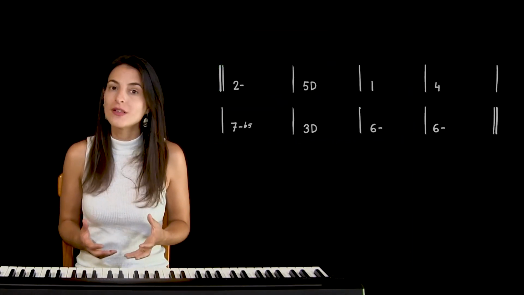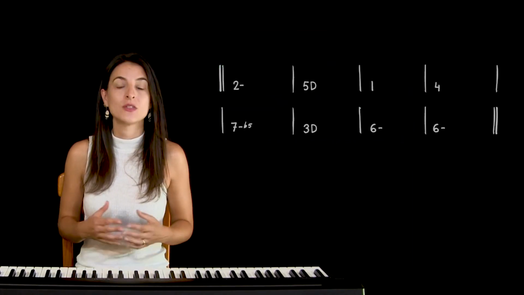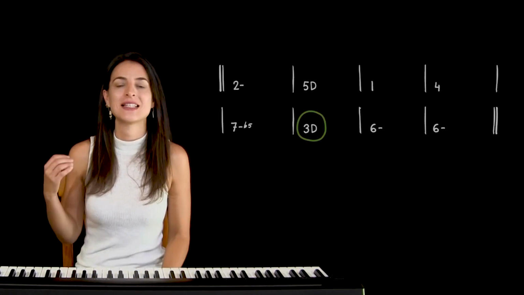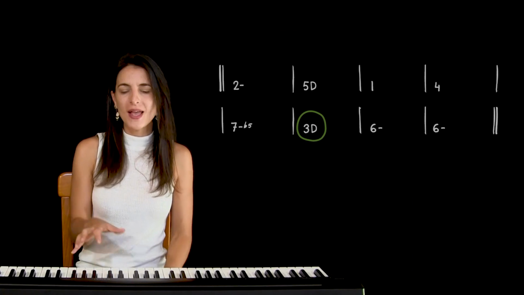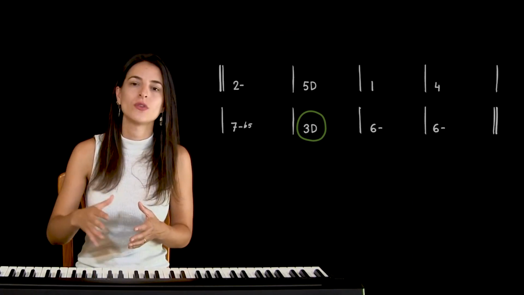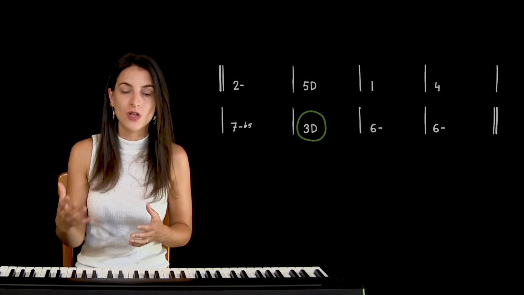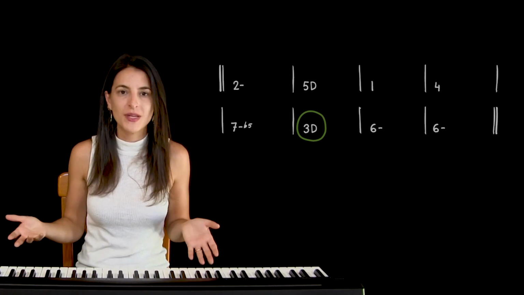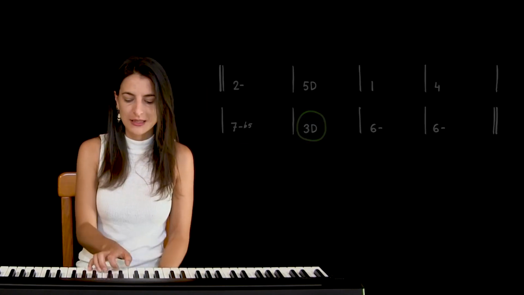As I mentioned before, the only chord in this whole chord progression that has a note from outside the key is the 3 dominant, and the note that changes is the sharp 5. We had to replace the 5 with the sharp 5 to make it dominant, because the 3 natural chord, the 3 chord that comes from the major scale, is a minor chord, and it sounds like this: